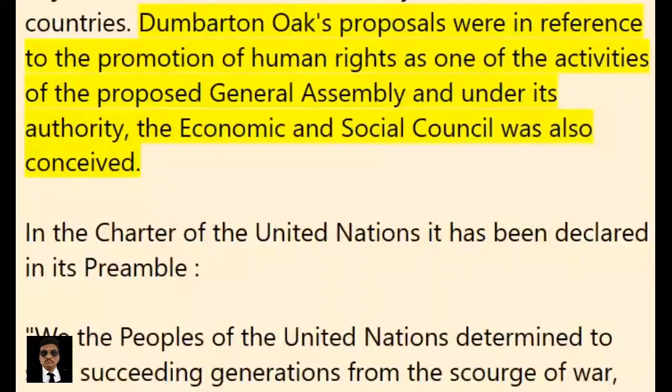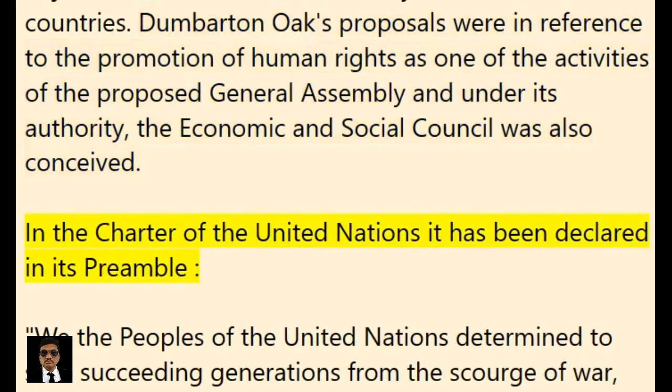Dumbarton Oaks proposals were in reference to the promotion of human rights as one of the activities of the proposed General Assembly, and under its authority, the Economic and Social Council was also conceived. In the Charter of the United Nations, it has been declared in its preamble,